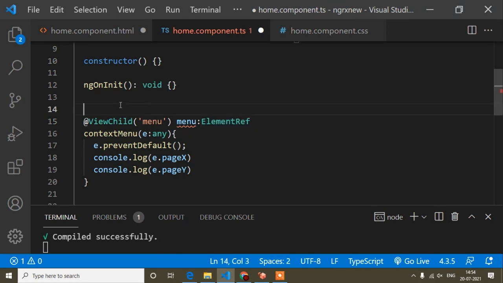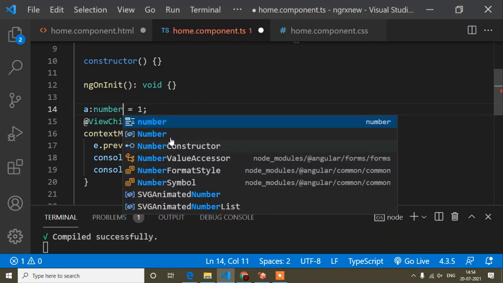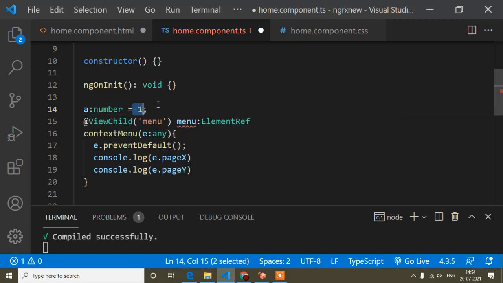Like here, if I define a variable a, and if I write the type as string, you can see it's showing the error because I just wrote the variable name, but I did not assign a value. So we have to pass a value, a number or a string value. When I was passing a number, it showed an error because I set the type as string. So I will set the type as number, and the error is removed. So we have to pass the value when we define a variable.